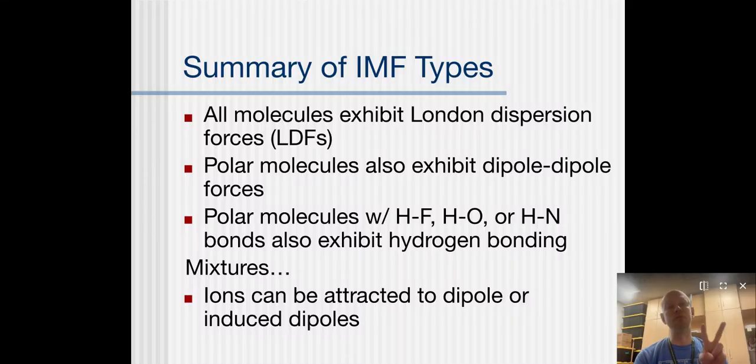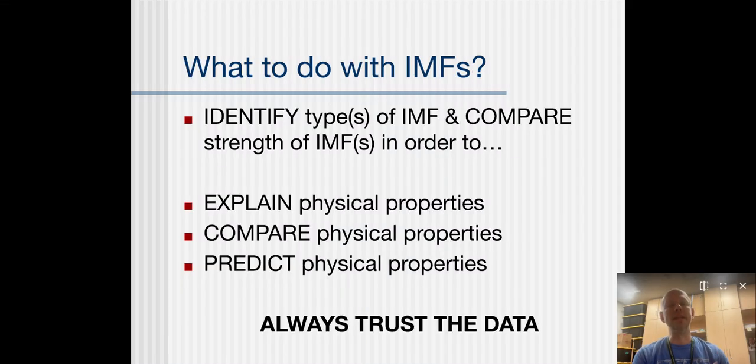When we have two different molecules together, we look at what they have individually and what they have in common to determine their IMF types. We need to be able to do this because this is what explains, predicts, and compares all of our physical properties. The first step of almost all IMF questions is state the IMF that each compound or each molecule exhibits